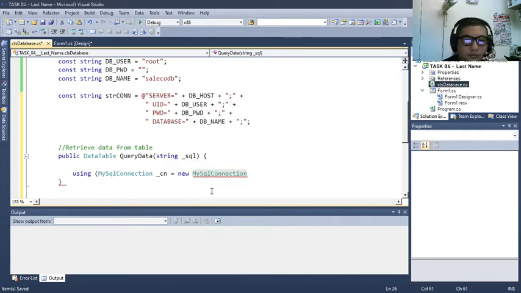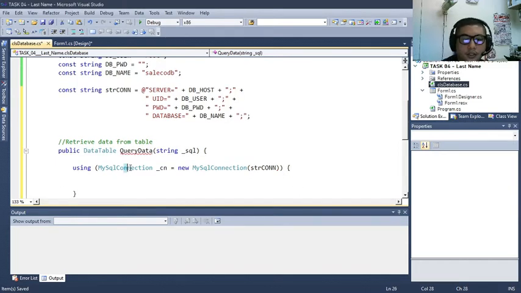So in order to connect with your database, we need to add the connection string that we developed a while ago. Which means every time that we call the MySQL connection, it will try to connect to our local computer by accessing the root without password and the serial code. Add some semicolon, braces. Now this command will connect with our database. So once it is connected,